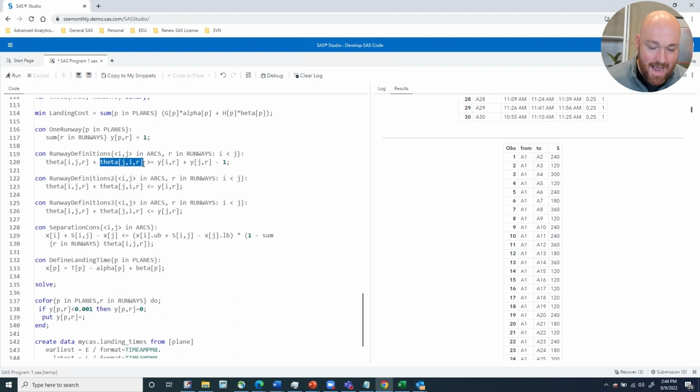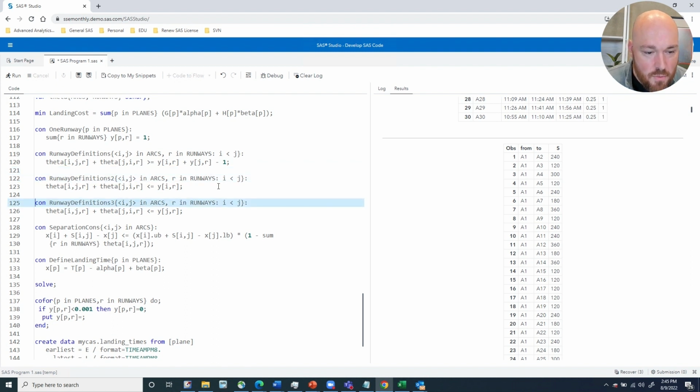Since either plane I lands before plane j on runway r, or plane j lands before plane I on runway r. So when both planes land on the same runway, y sub I comma r and y sub j comma r will both equal 1 for the runway in which they are both scheduled to land. So subtracting by 1 here on the right-hand side ensures that this particular inequality holds.